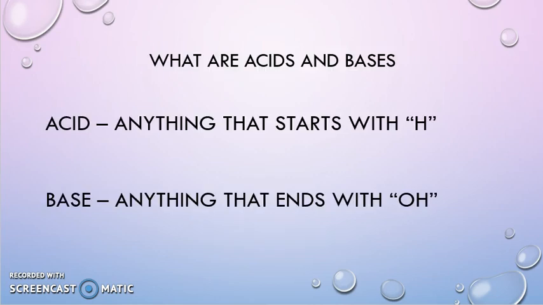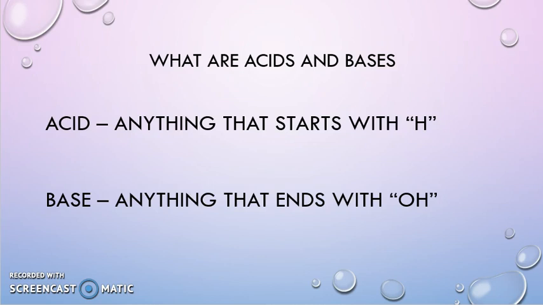So let's just review very quickly. For the intents and purposes of this particular course, we're going to consider an acid to be anything that starts its chemical formula with H. So it very much so has a hydrogen ion in the front of it that's easily identifiable. A base, we're also going to simply define in this course as anything that's going to end in